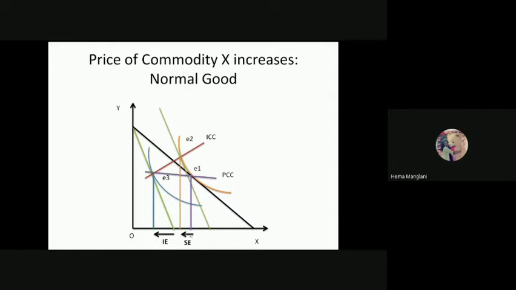See, now the arrow is going leftward. This arrow is indicating the substitution effect here. So purple to this orange is the substitution effect. And in that case, if you calculate the demand curve for commodity X from E1 to E2, that is the Hicksian demand curve. Can anybody tell me, for E1 to E2, what will be the shape of the Hicksian demand curve? Is it downward sloping or upward sloping?